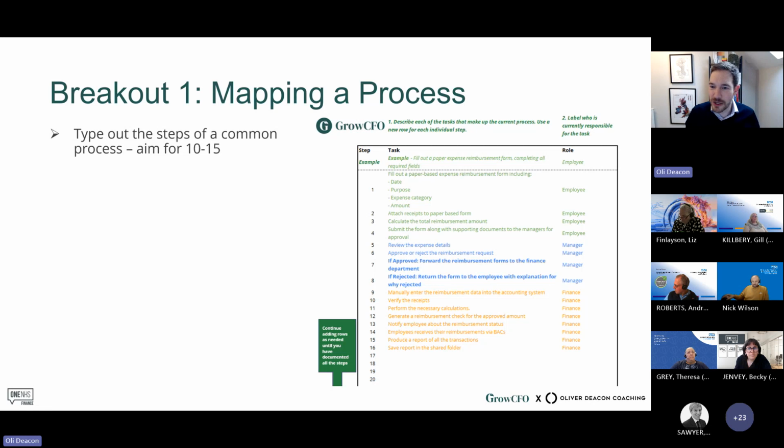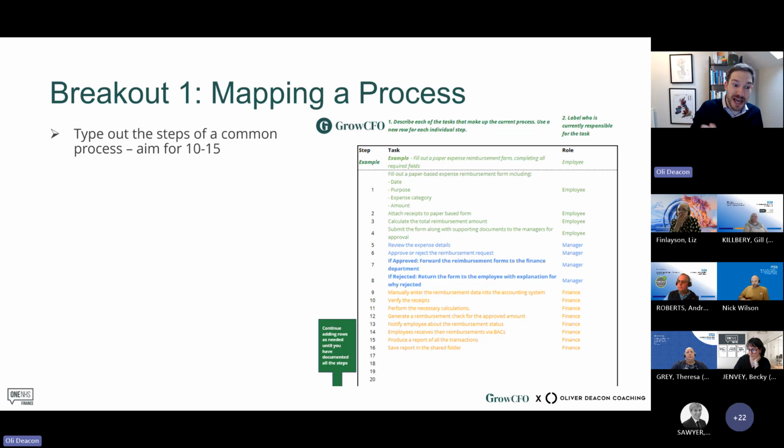All right, does anyone have any questions on this exercise before we go do it? Somebody's asked, do we have access to the slides? Absolutely, we'll be sharing all the slides and a little Excel version of this and the recording as well. So you'll have all this stuff. But we're going to show you, folks, how you don't even need any stuff for this. Okay, Becky, if you can set up the breakout groups for 9 minutes.